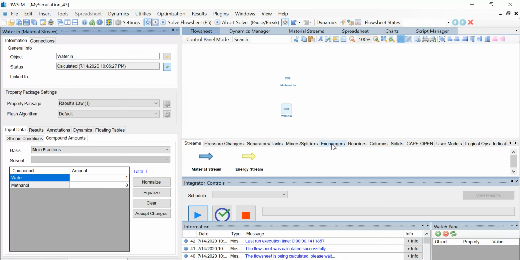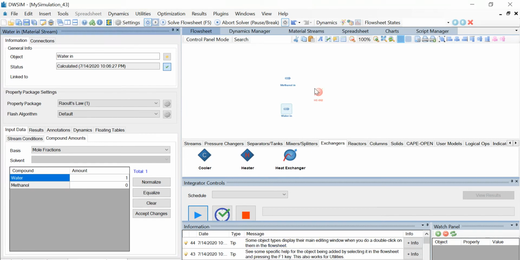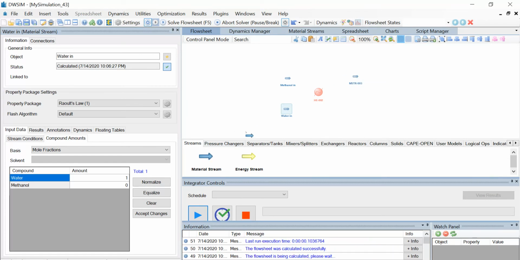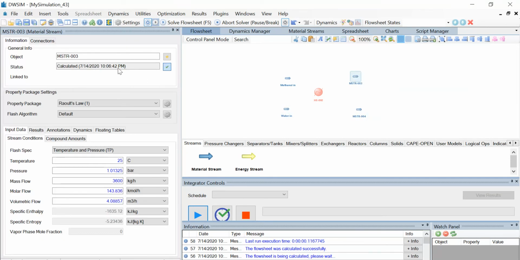Now let us introduce a heat exchanger. So under the Exchangers tab, drag and drop the heat exchanger onto the flow sheet. Now let's select two output streams for this heat exchanger. We shall name these streams as methanol out and water out respectively.